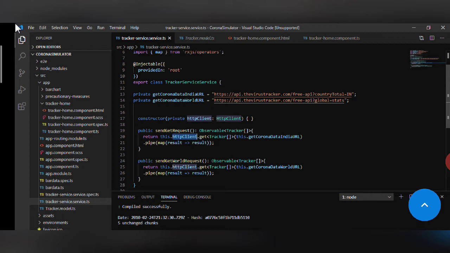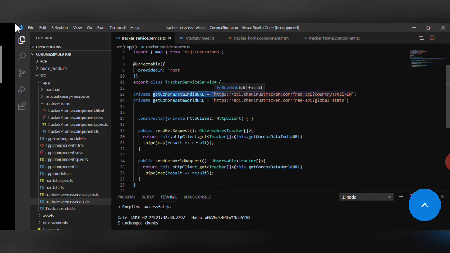As in this case we have a ready-made API, we are just fetching the data, so we have used the get method. Again, the type of the get method will be tracker array. This means that the data which we are fetching from JSON will be stored in tracker array. So this dot get corona data India URL we have initialized here.